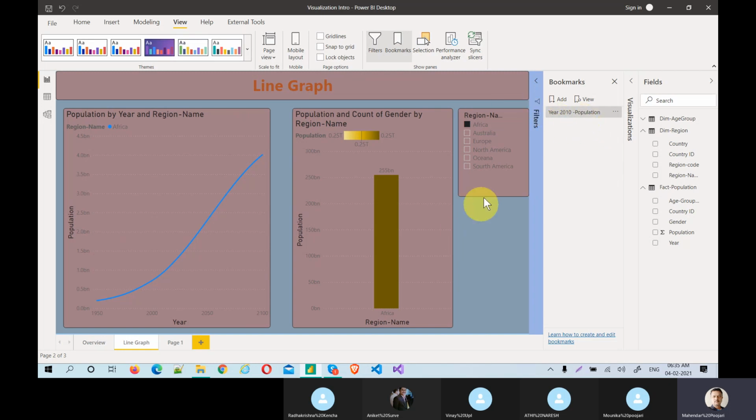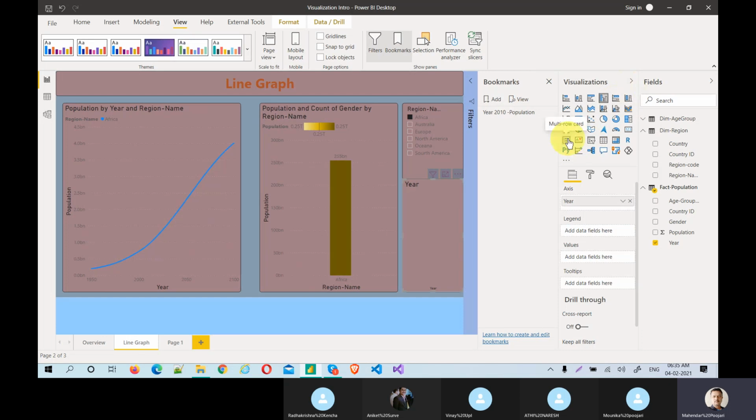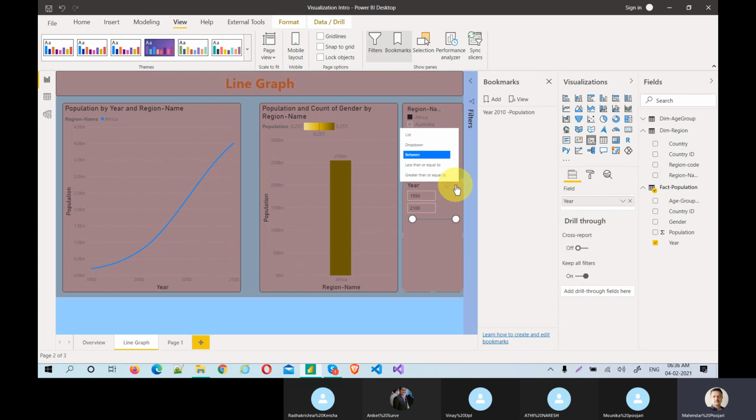So 2010 population. Now give one more slicer here, just for year. Go to visualization and put a slicer. Take one drop down. See, for numbers the slicer will be like this.